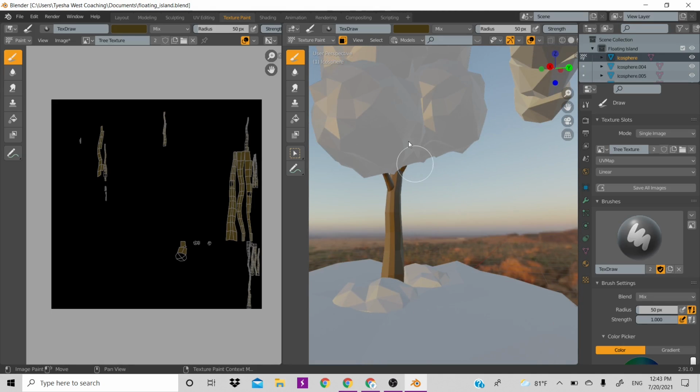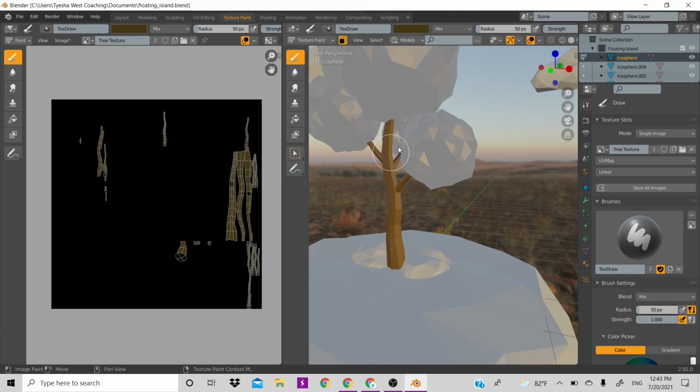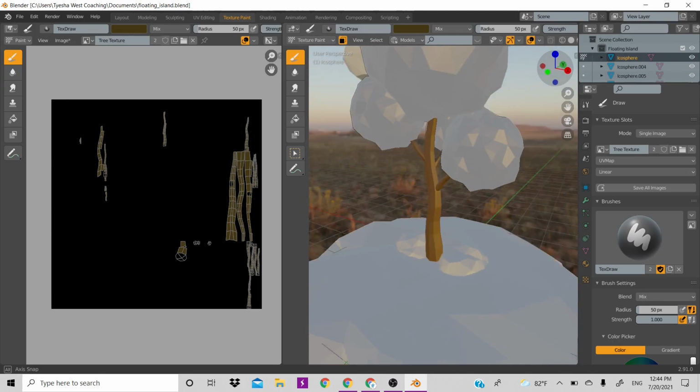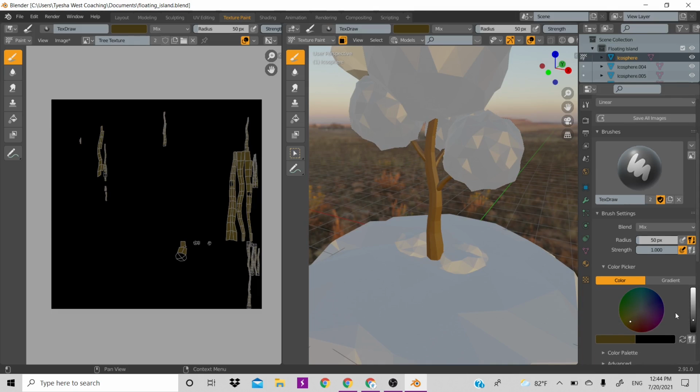Just make sure you get all those parts of the branches and stuff, because you don't want any black parts or anything. And then to maybe get a bit more detail, you may want to paint a bit of a highlighted brown or a darker brown at a point. So let's see here, the highlighted brown, you make it a bit lighter and a bit different color, and as you can see, you can paint it like a certain place where there's light coming in, and then like you can